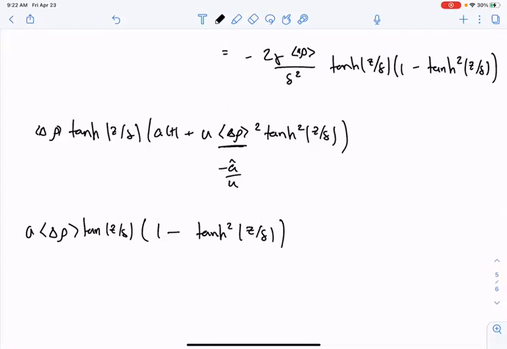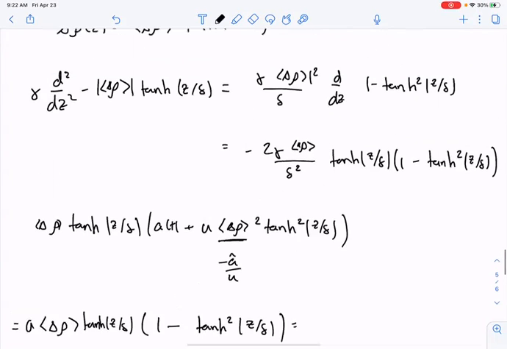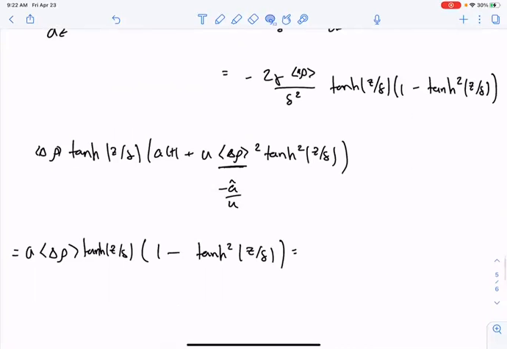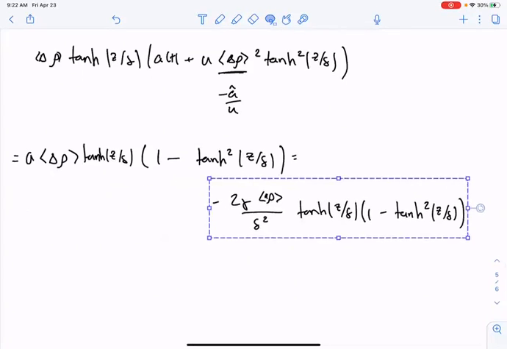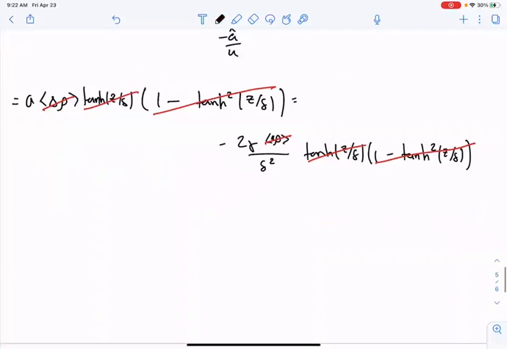Right, hyperbolic tangent. And that must be equal to our two derivatives. So let's pull this down here. All right, let's see what we can cross out. So we have a factor of 1 minus hyperbolic tangent squared, that's common. Factor of tanh, that's common. Factor of delta rho, which is common. Indeed, this works out provided we choose